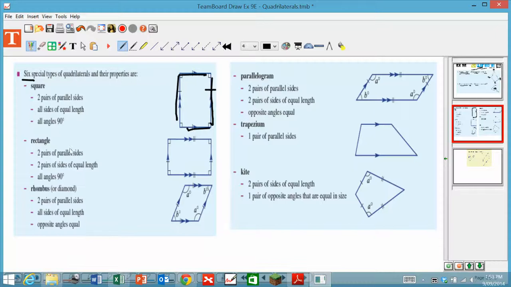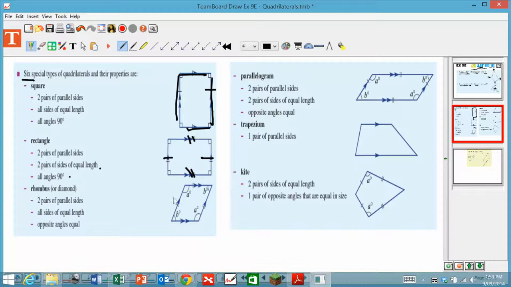Rectangle, very similar to a square, but with two pairs of side lengths that are equal. So these side lengths are equal, these side lengths are equal, but different to these side lengths. I hope that makes sense. So two pairs of parallel sides, two pairs of sides of equal length, and all angles at 90